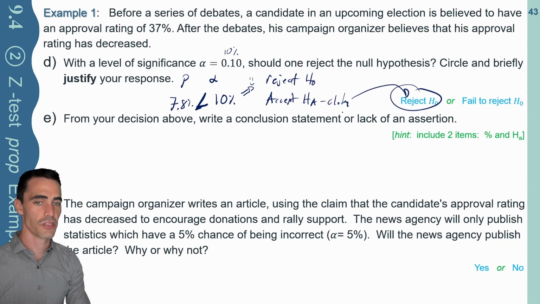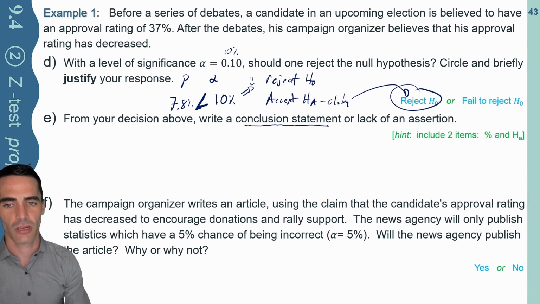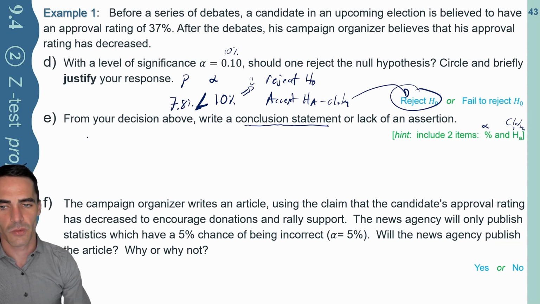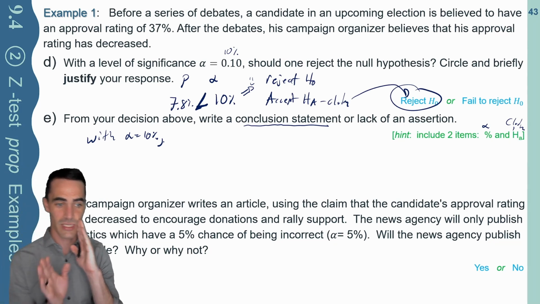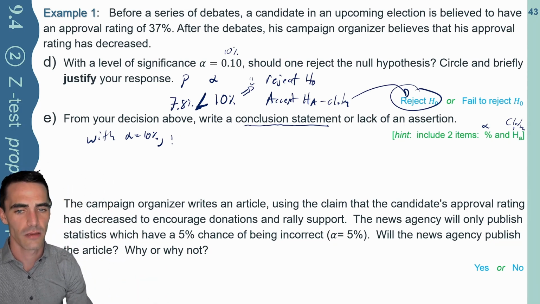Fantastic. From your decision, write a conclusion statement or lack of an assertion. Well, we definitely can make a proper assertion here. We just need to make sure we include our two ingredients. Again, our level of significance and also the claim. So we'll say, look, with alpha equal to 10% level of significance, and that means there's a 10% chance that my claim right here is completely off base. With alpha equal 10%, we can assert